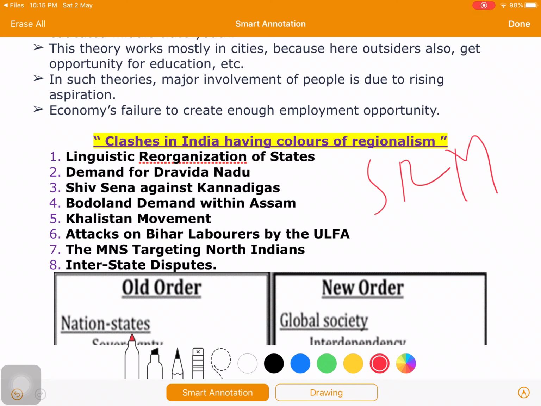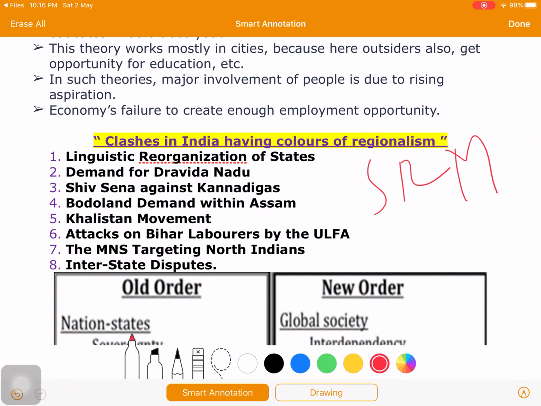But it was the demand of carving out their own Dravidistan, also called Dravida Nadu, which made it a great movement in the history of Indian regionalism movements. As early as the 1960s, the DMK and the non-Tamil organized groups mobilized a joint campaign throughout the total Madras state, demanding and pressuring the Indian government to make it an independent sovereign state of Tamil Nadu. And DMK proposed that the states of Madras, Andhra Pradesh, Kerala and Mysore should secede from the Indian Union and form an independent republic of Dravida Nadu.